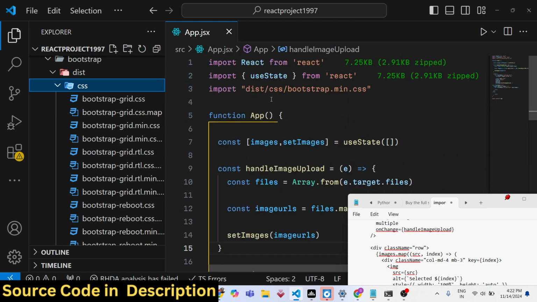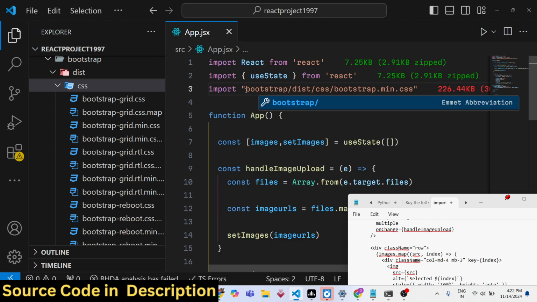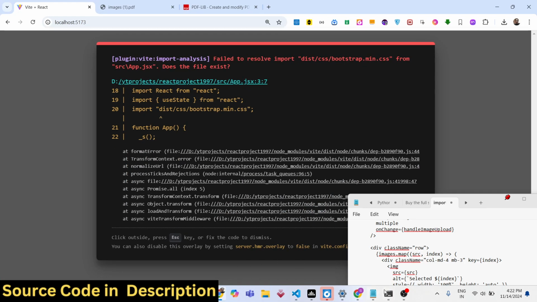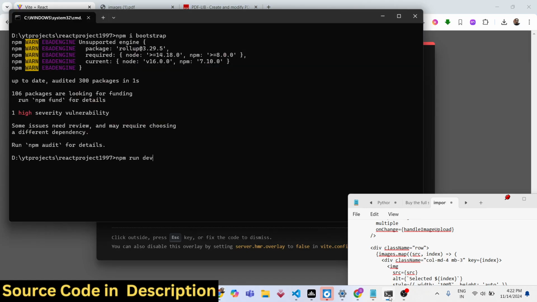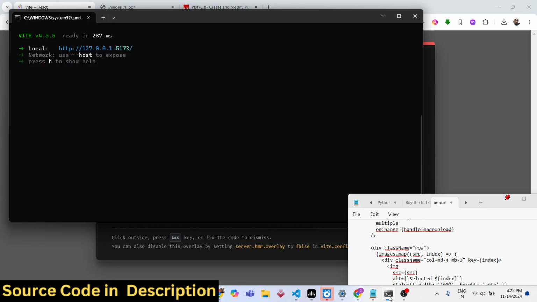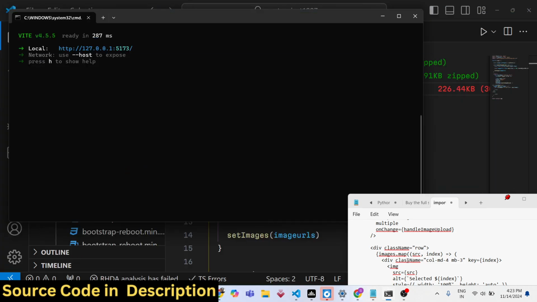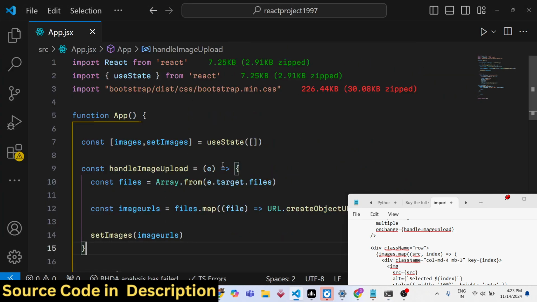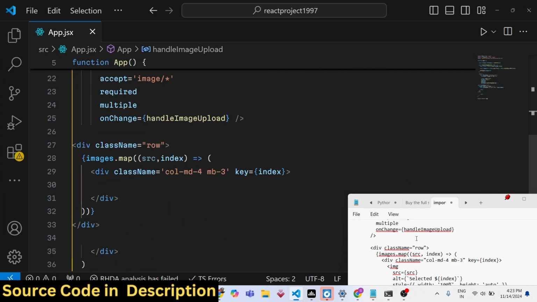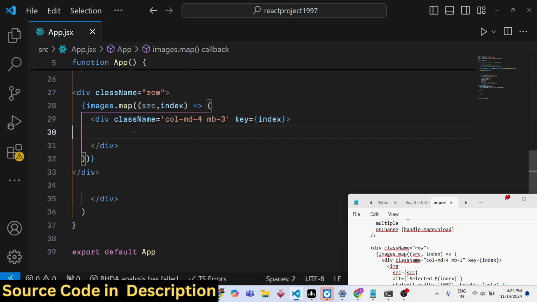Now just start your application. If you give Bootstrap classes, you will actually see those classes applied. In this way, now we need to show the images. For showing the image, we can actually